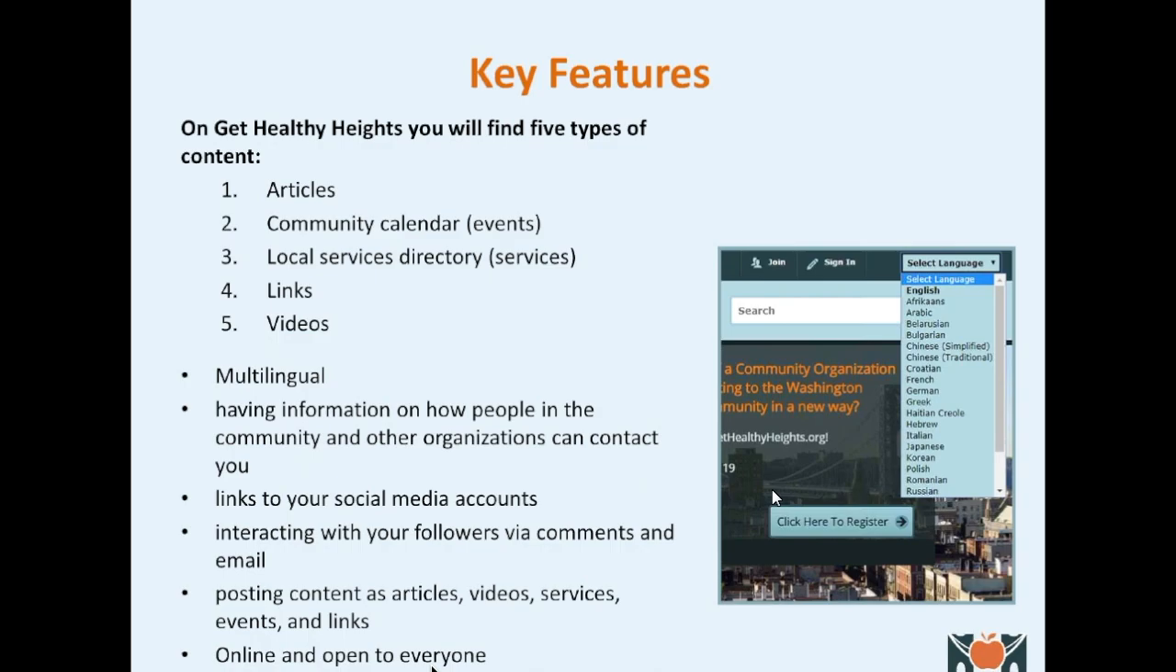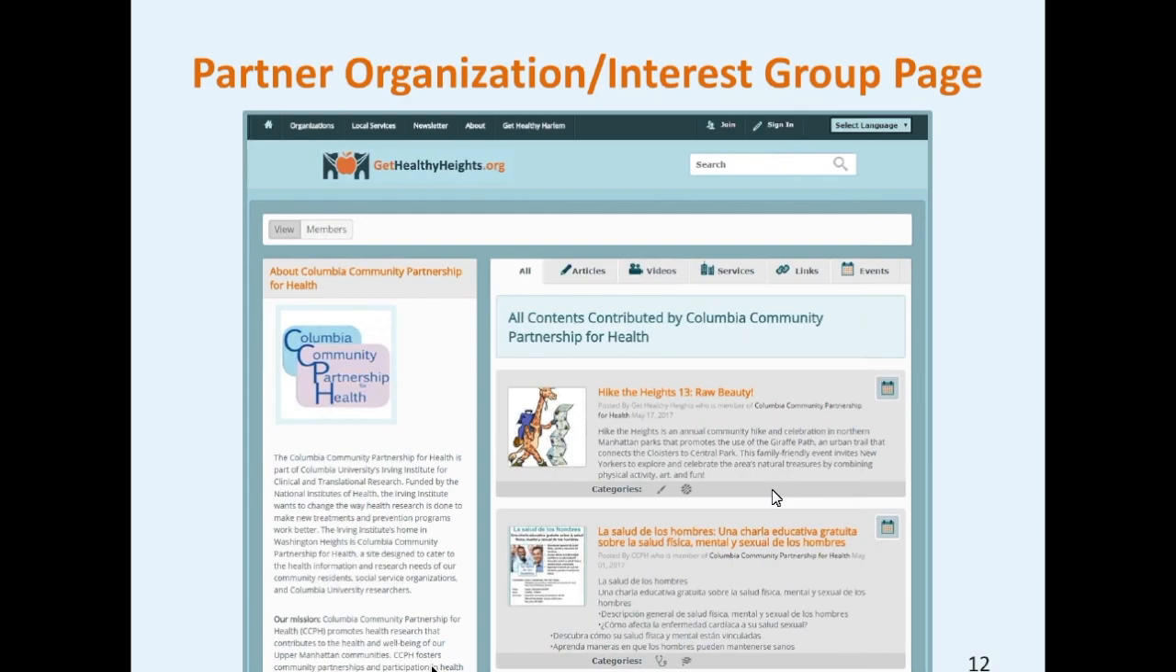Thank you. So let's talk a little bit about how you and your organization can use the different features of Get Healthy Heights. Individual organizations can create a partner organization or interest group page for an organization that they represent. On your partner organization or interest group page, you can include your logo, which is shown on the left side, a general description of your organization, contact information, including your address, phone number, website, and any social media accounts you